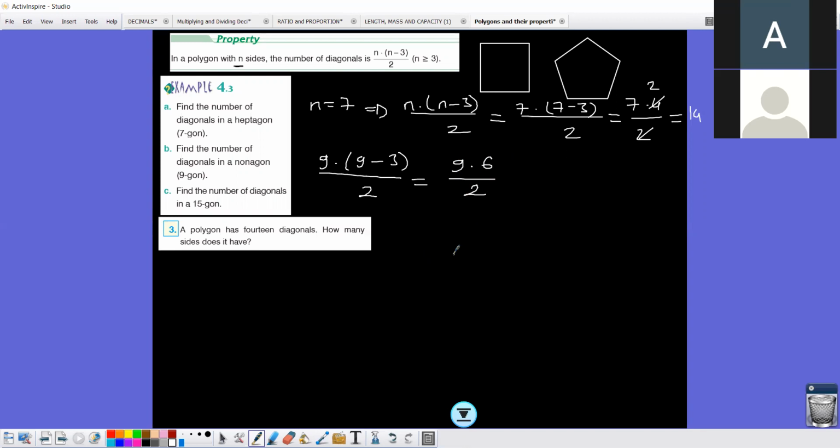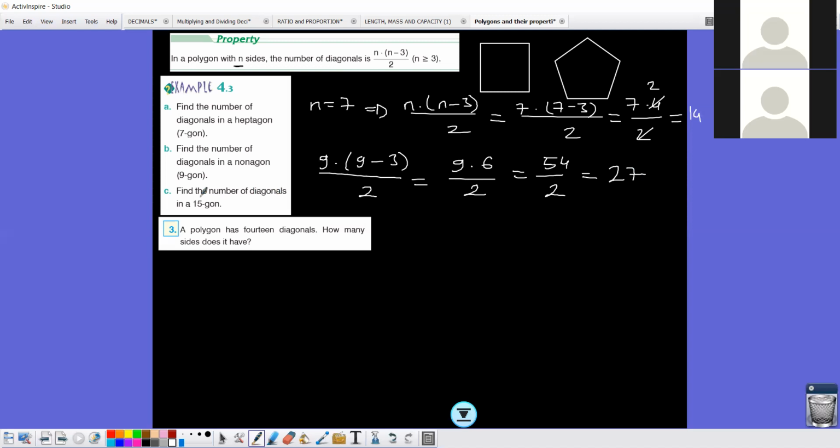We have 54 over 2, and that will be 27. So in a nonagon, we have 27